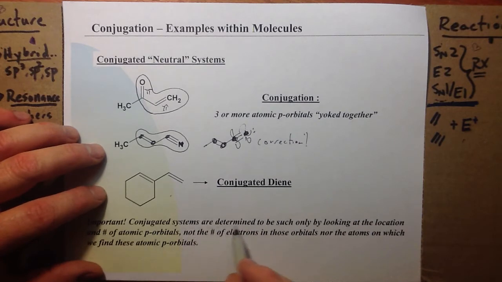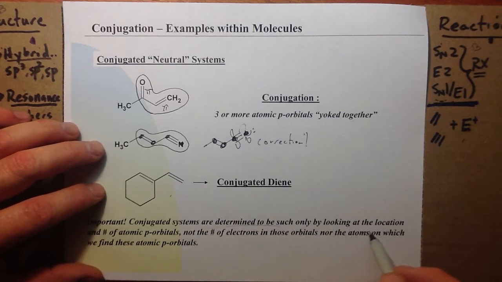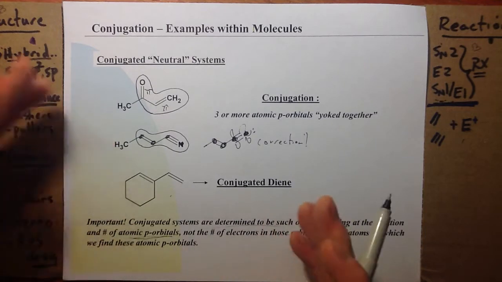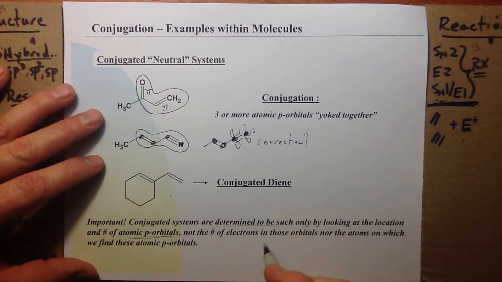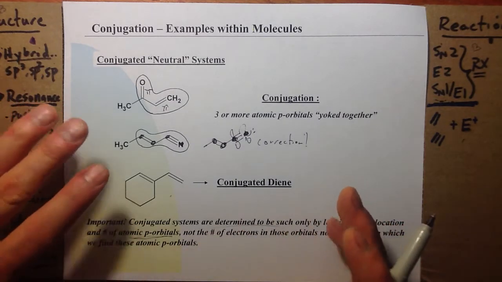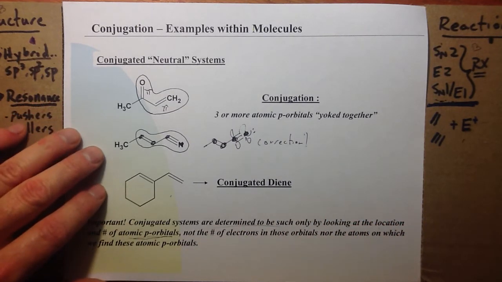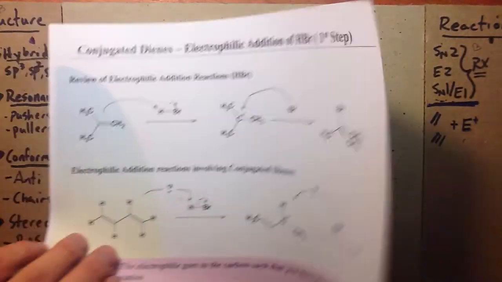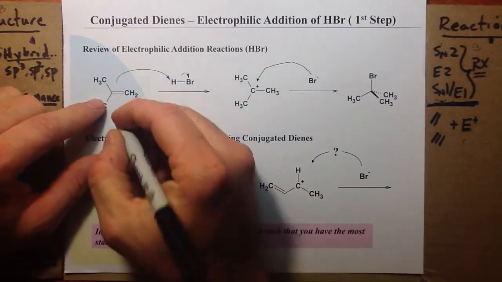So important, conjugated systems are determined to be such only by looking at the location and number of atomic p orbitals. That's really the key, not alternating double and single bonds, not the number of electrons. It's really just the amount of p orbital overlap. That's important. 3 or more, and we have a conjugated system. So this would be a non-conjugated system, just an alkene,